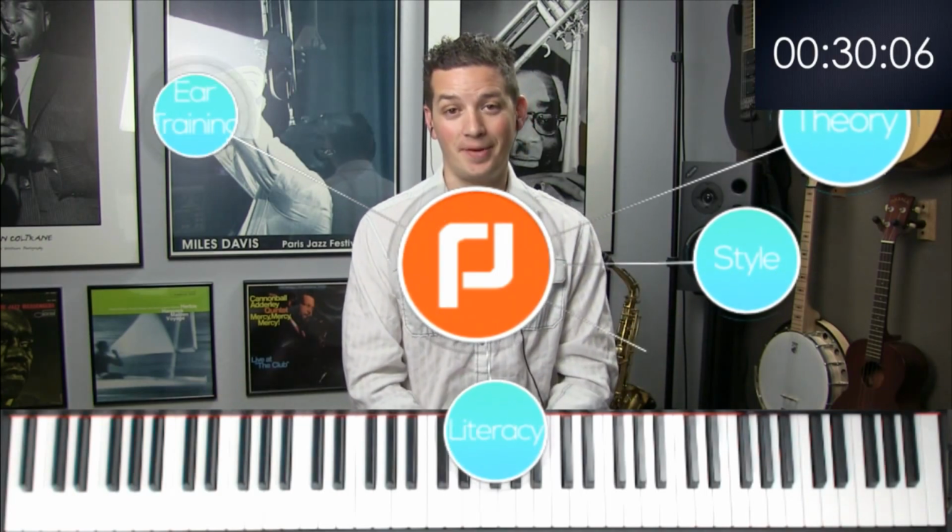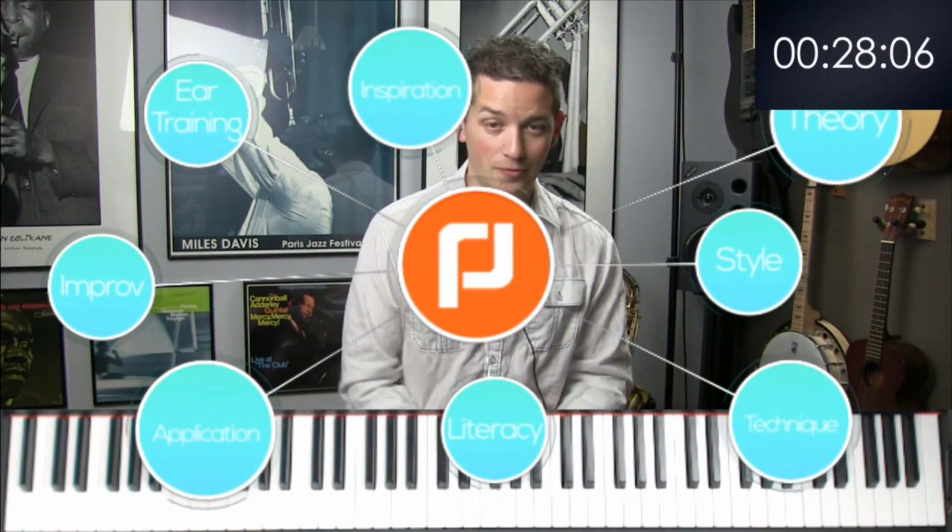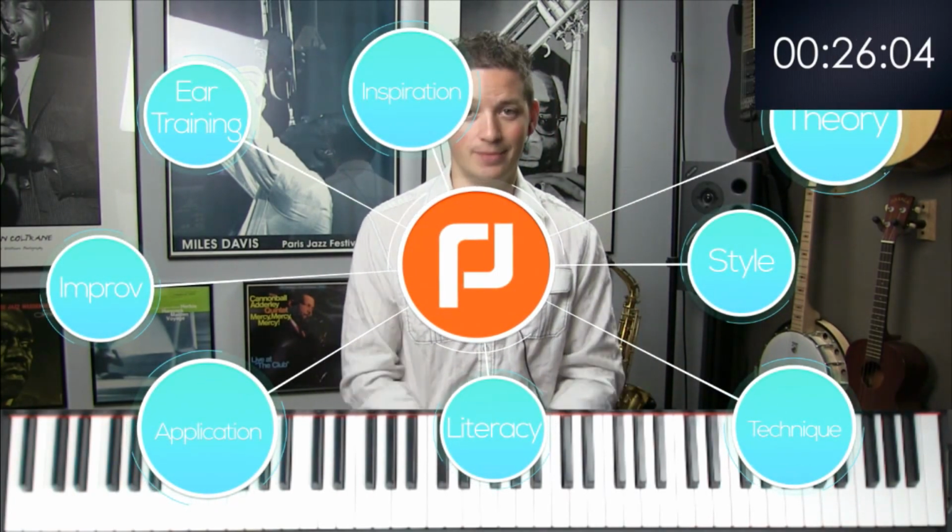All right, today we're doing everybody's favorite topic. Out of the 8 sectors of musicianship, the one that everybody always likes the most is application. That's where you finally actually get to play a song. So if you've been here for the last couple weeks, you'll notice a lot of the same concepts popping up today, because we're going to take those concepts and apply them to a very specific song.